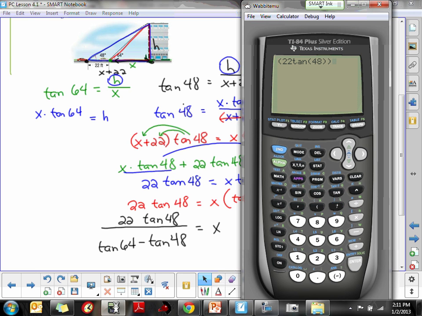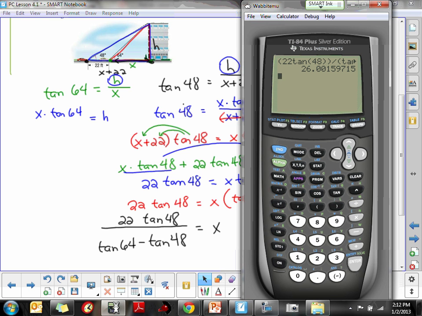That's the numerator. It's not really needed in this problem, but like I said, I think it's good practice to make sure you get your numerator completely in parentheses, and I want my denominator completely in parentheses. So now I got the tangent of 64. Be careful you close your parenthesis on your 64. We want to subtract the tangent of 48. Make sure you close your parenthesis for the tangent of 48. And then we want to close our parenthesis, that's the last in the denominator. And we get